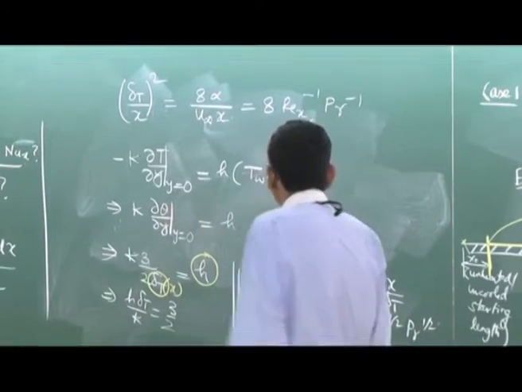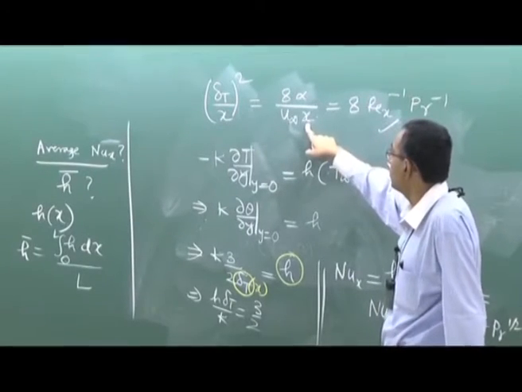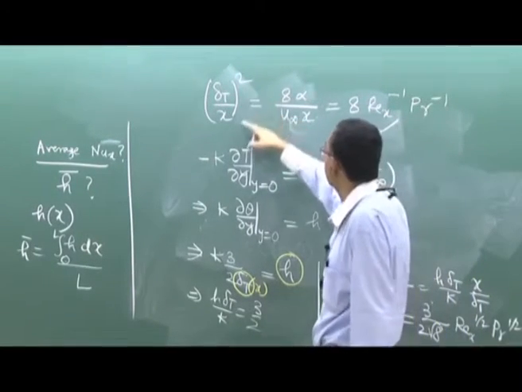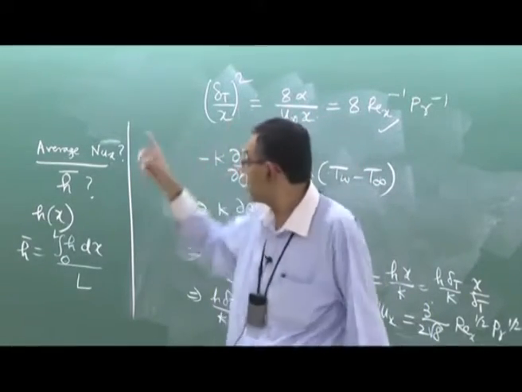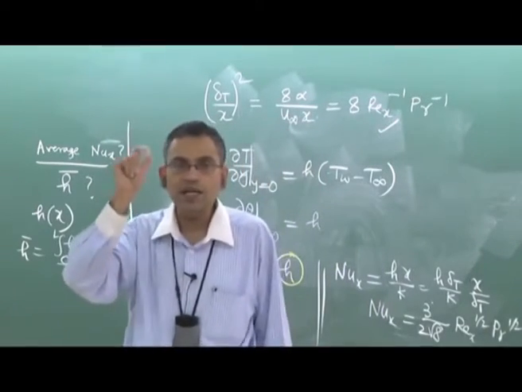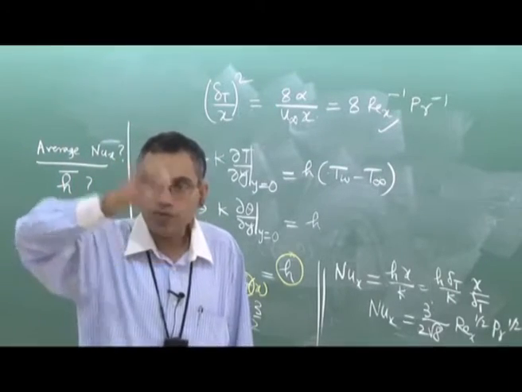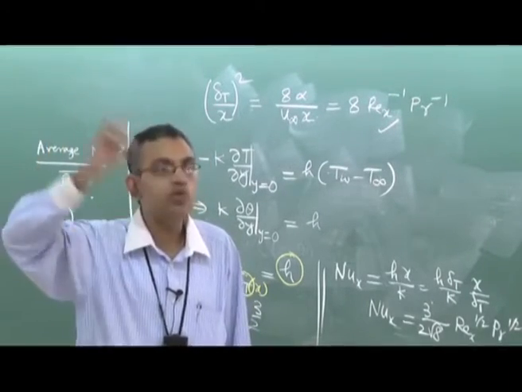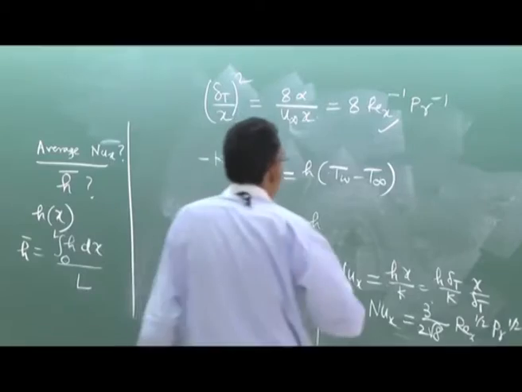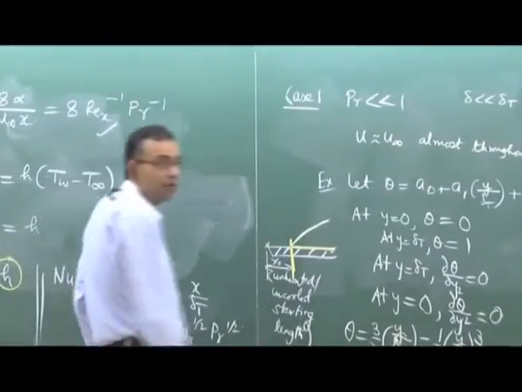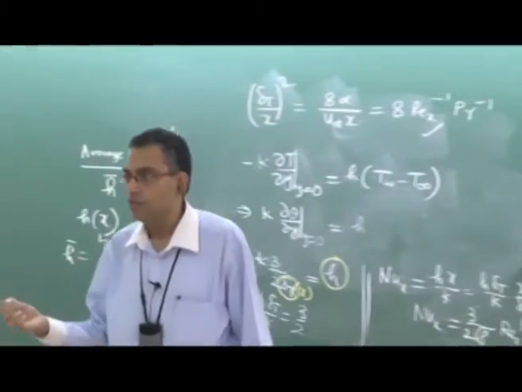That being a trivial integration, because delta is a simple polynomial, let us see how delta will vary with x. So delta square is proportional to x. So delta or delta t square is proportional to x. So delta t will vary with square root of x, x to the power half. So the boundary layer profile that we draw is actually x to the power half. The profile of the boundary layer, this one that we draw, it is actually a function of the form x to the power half.